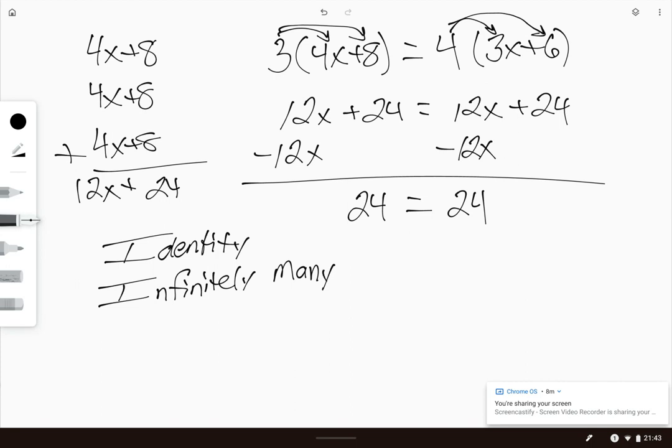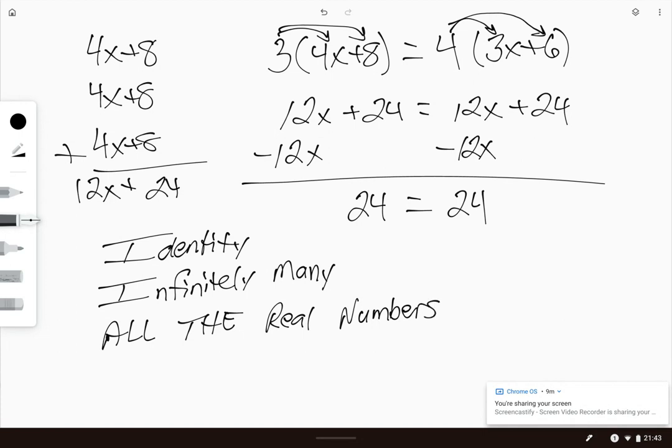So for the value of x here, you could certainly substitute 1, 2, 3, 4, or 5, any of the real numbers